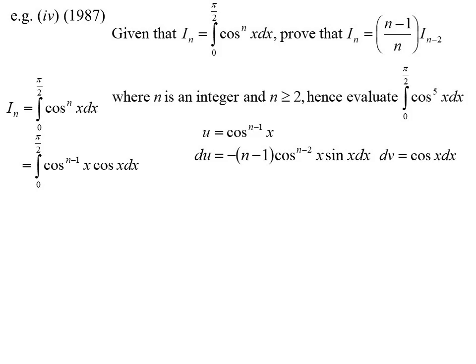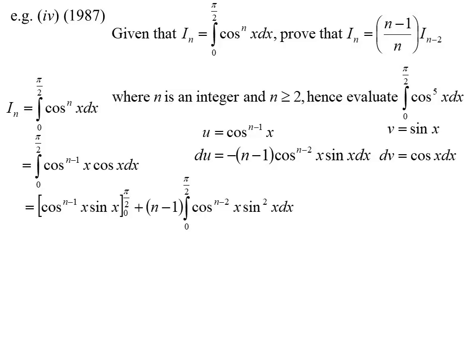And then that means my dv is cos x, so v becomes sin x. Okay, let's plug that in. uv minus the integral of v du, but I've made it a plus because of the negative there. Okay. Again, looking at my integral, I don't have exactly the same, but now I can play around with the